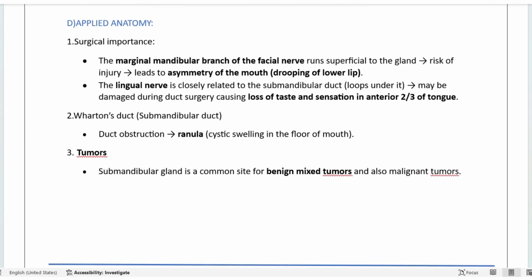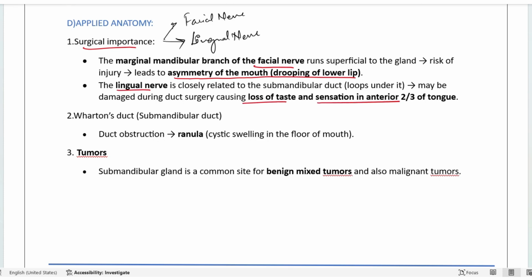Coming to the applied anatomy, surgically it's very important because whenever there is a surgery to the submandibular gland, we have 2 nerves here which are very important. One is the facial nerve, the other is the lingual nerve. 2 surgically important anatomical landmarks are present. Facial nerve injury will cause asymmetry of the mouth, that's drooping of the lower lip. If there is injury to the lingual nerve, there will be loss of taste and sensation in the anterior 2/3 of